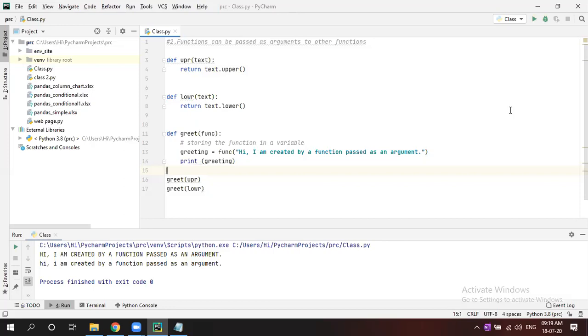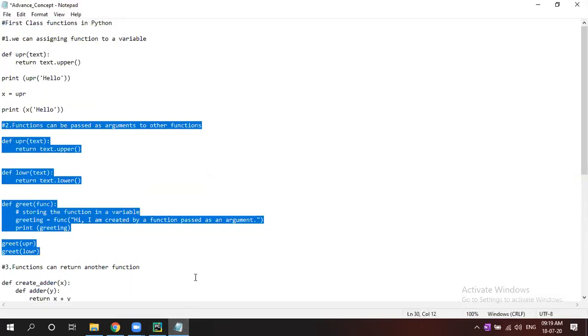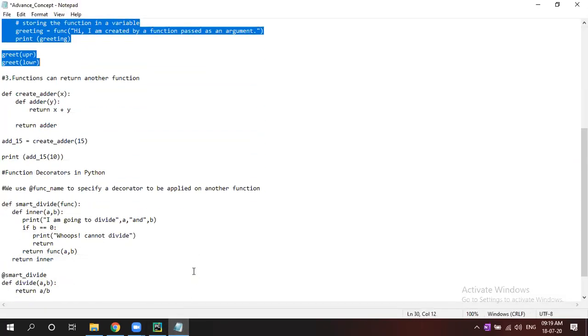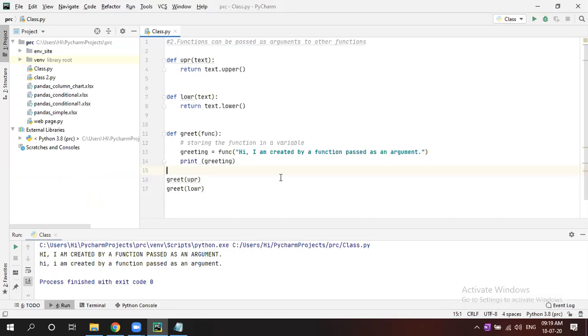I'll give you some assignments in my later session so that you can understand. But at least now you understand that a function can be passed as an argument to another function. Any question there?